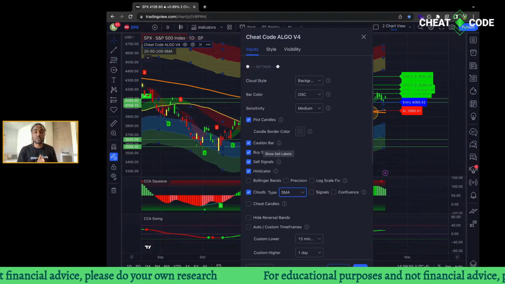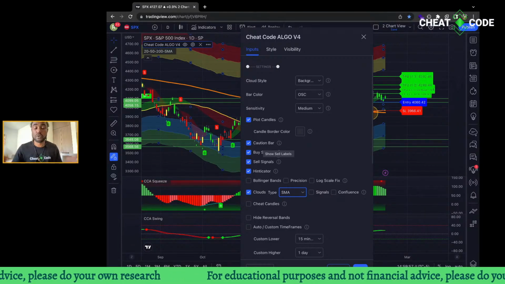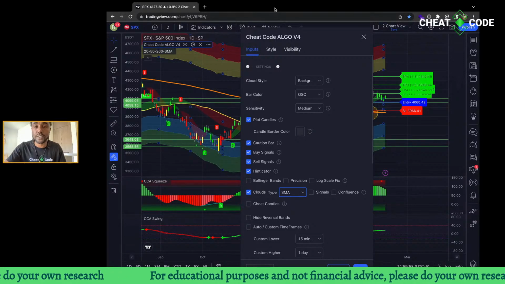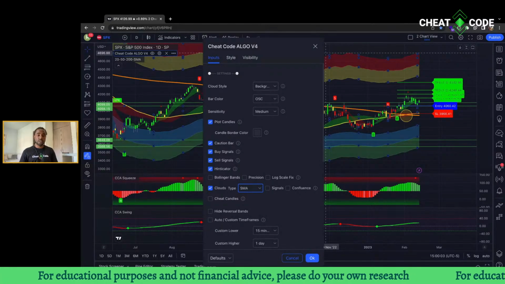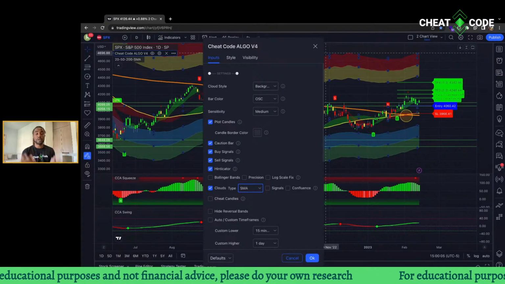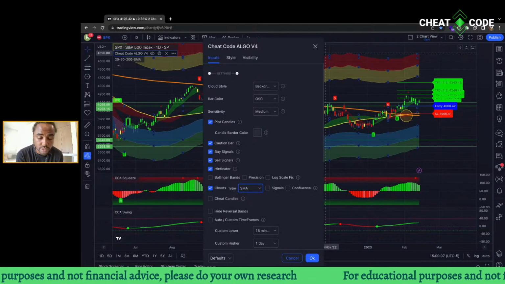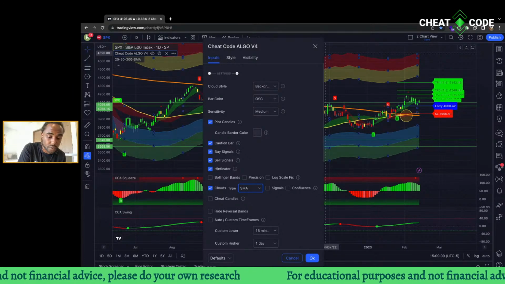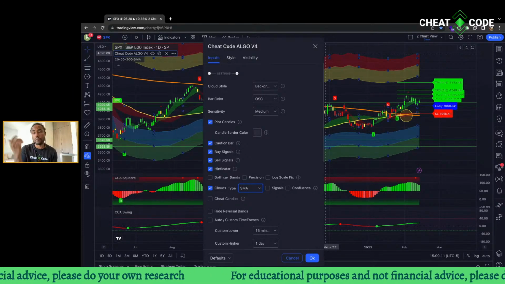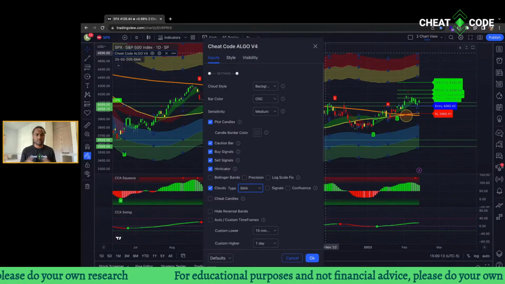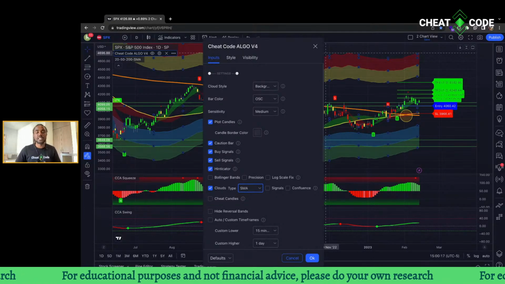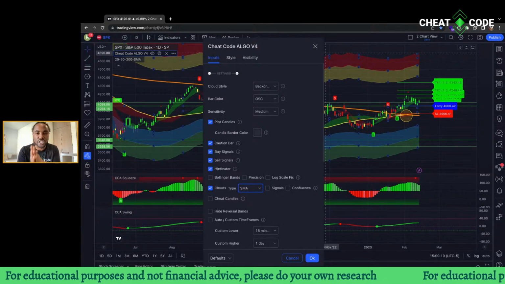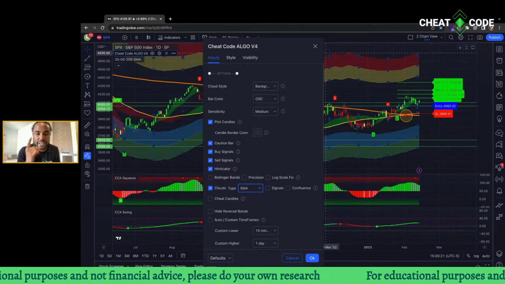So focus on, and you all shouldn't be trying to trade 10 tickers at a time, right? If your watch list is over 10, you need to clean it up. If you're trading more than 2 to 3 tickers, you need to stop it, especially if you're losing. If you're not winning and you trade more than 3 tickers, you're doing something wrong, right? So fix it. The only way that I became good is because I focused on really getting good at 1 to 2 tickers, and I know how they move.